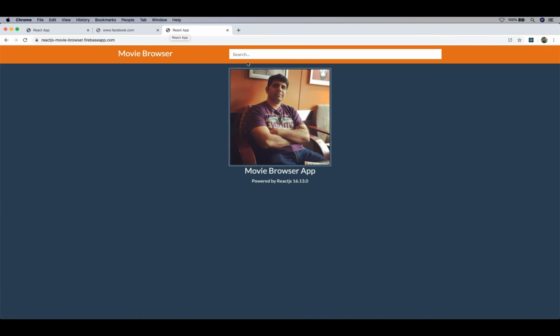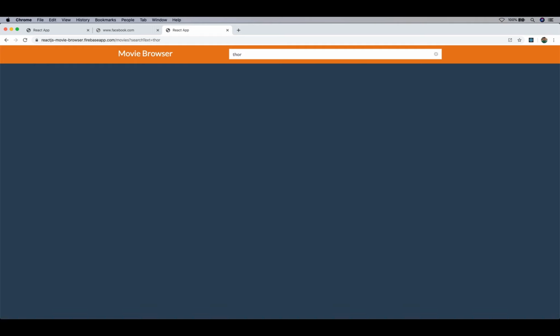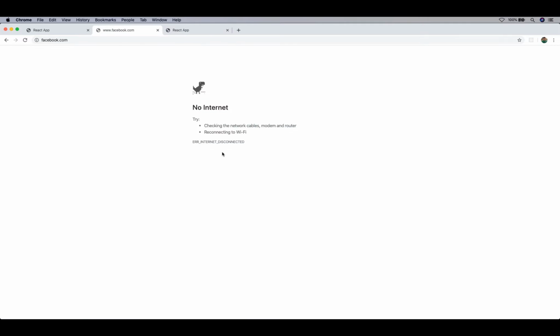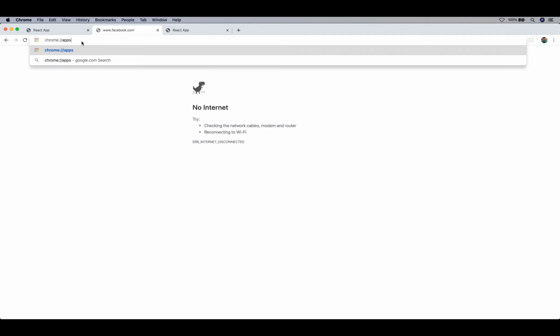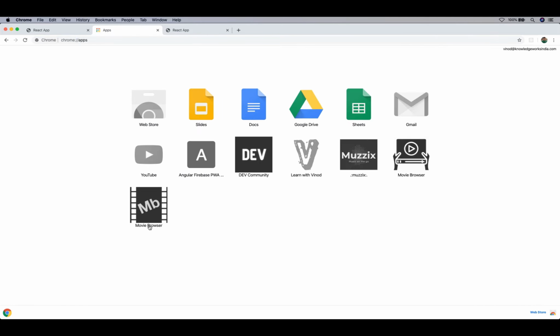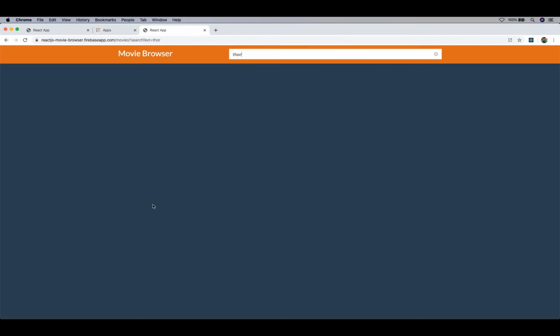However, what doesn't work is if I search for a movie like Thor, I may not get any output. We still have the common look and feel of our application. It is not giving something like no internet over here. So since our application has been installed, you can also check the same thing by going to chrome://apps. And you should now see that there is a movie browser application that is readily available over here, apart from other applications here. Of course, they're all grayed out because I don't have internet connection, but I still should be able to access the same thing